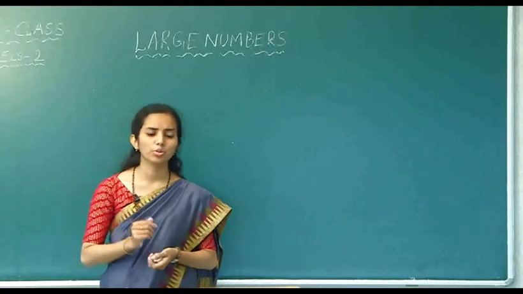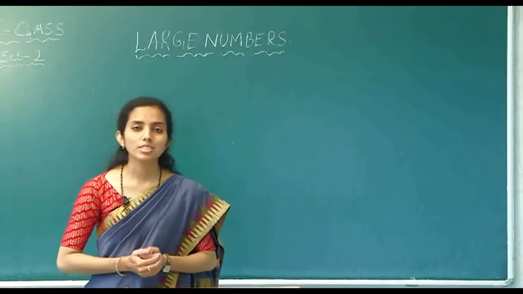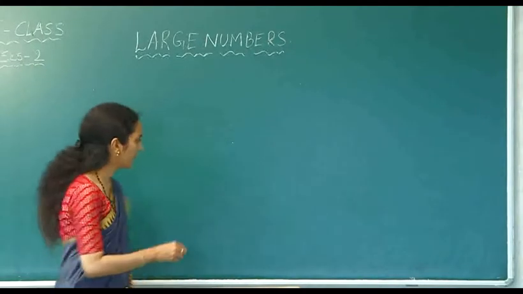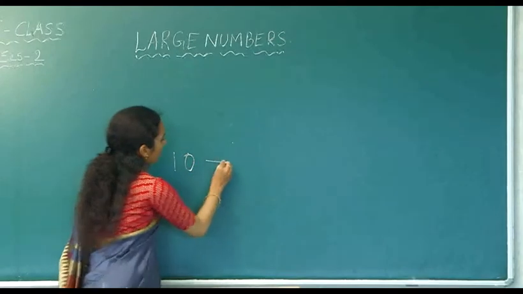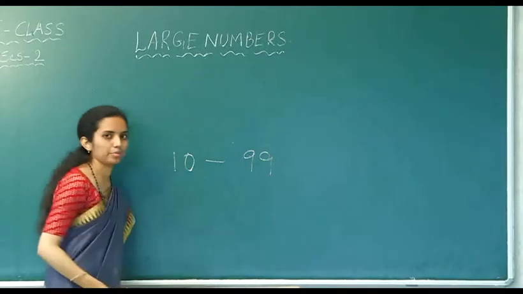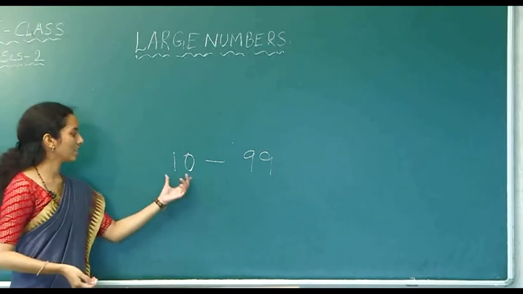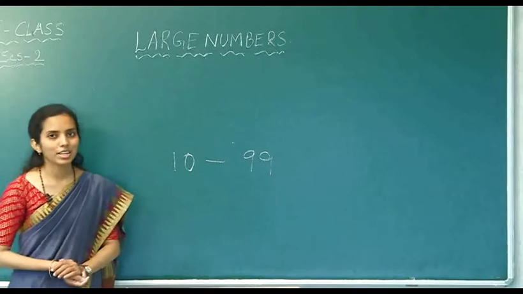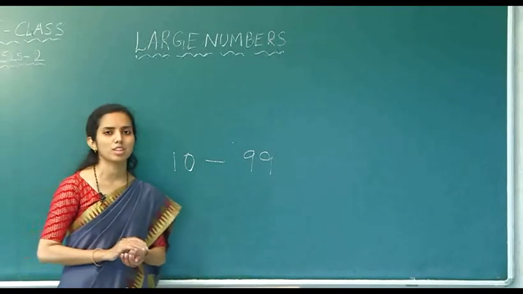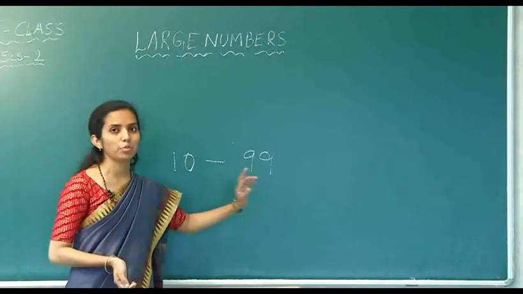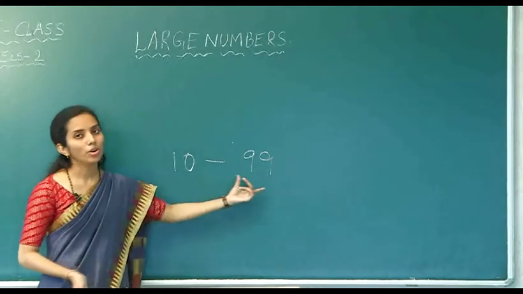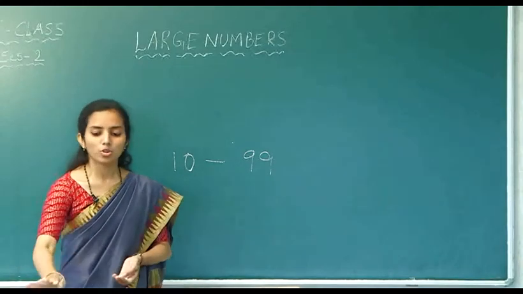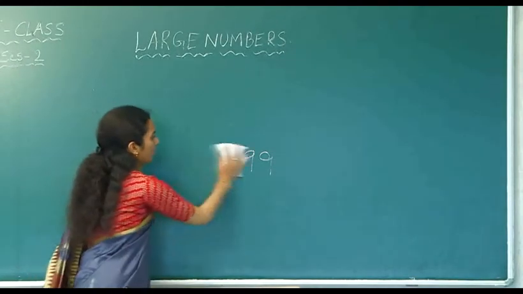So here we have a small concept. One student like you got a doubt. What is the doubt? He wanted to know how many numbers are there between 10 to 99. 10 is the smallest 2-digit number and 99 is the biggest 2-digit number. How many numbers will be there between 10 to 99? How many 2-digit numbers are there? He got this doubt. So to know this, we have a simple thing. What is it?